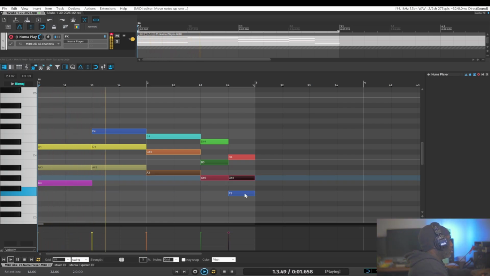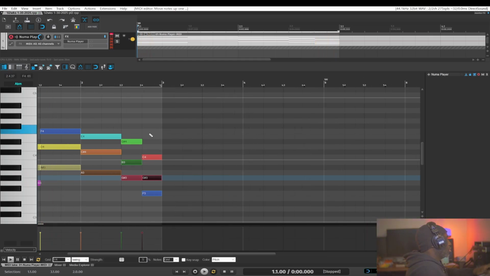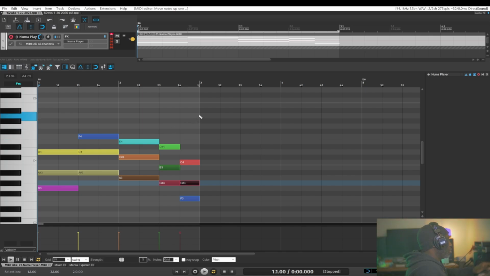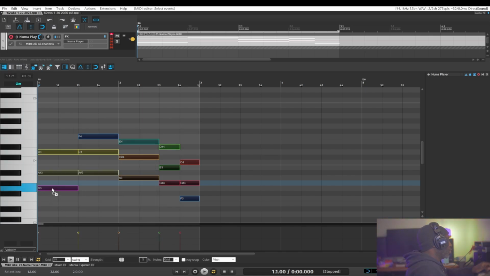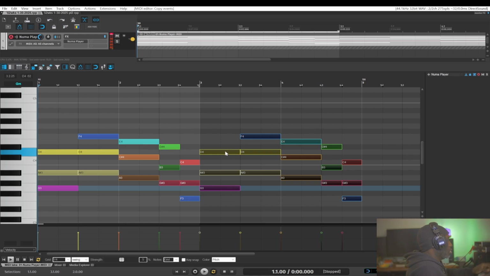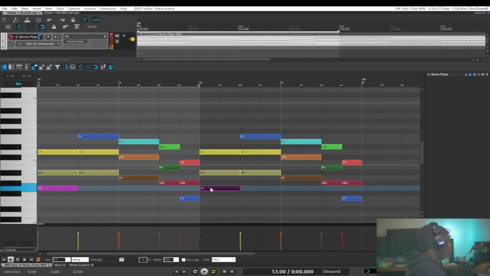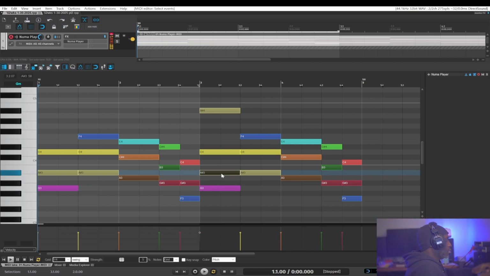That should be minor also. All right, so let's say I want that to be my chord progression, and I'm going to duplicate this and then start doing some variation here. Let's copy this note up. Actually, let's copy this note up an octave and drop this. So when it loops around,